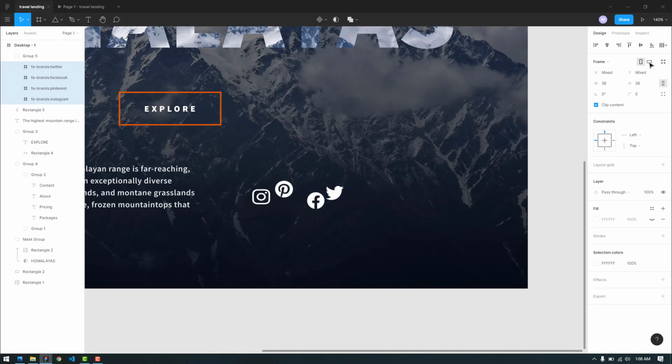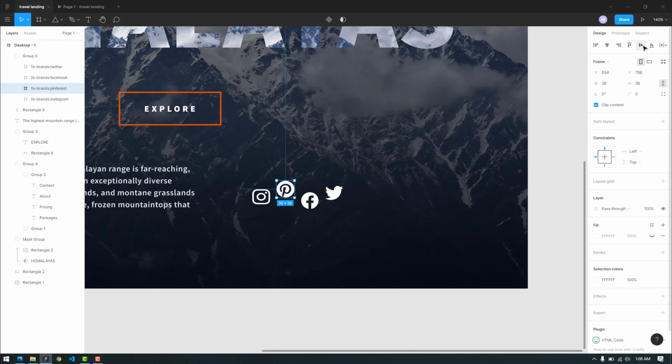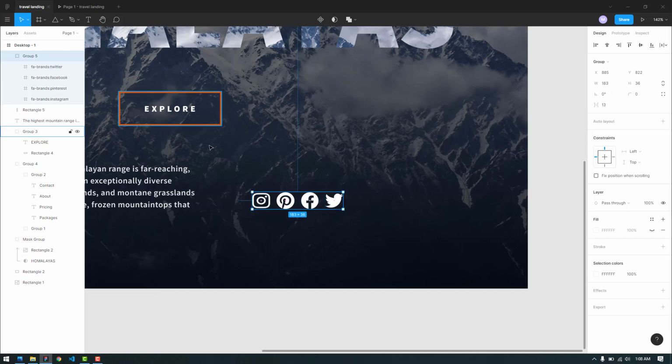Distribute vertical spacing, it is not working. Also the horizontal spacing, and it does work. For that, for all of this, we are going to push it down to the align bottom. Align bottom also for this one, which is already align bottom. Okay, now drag and drop this in here.